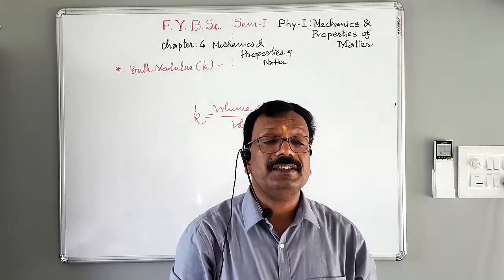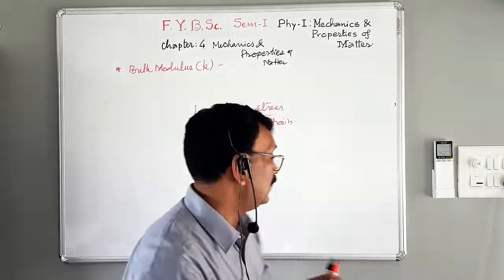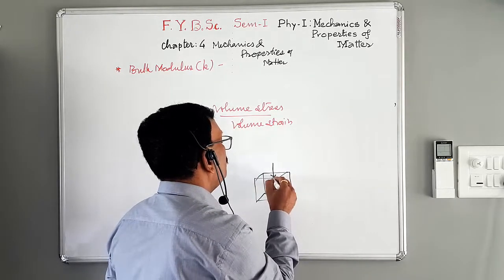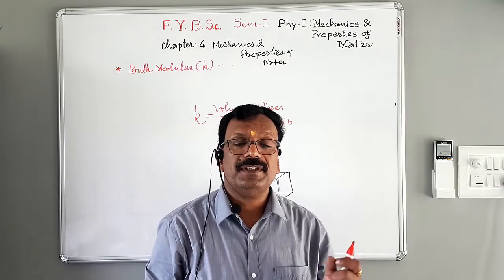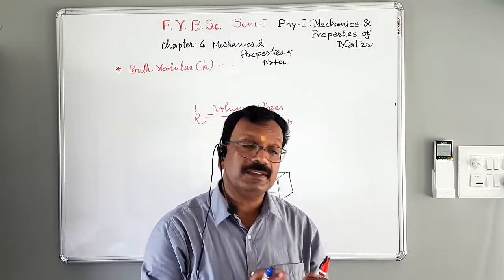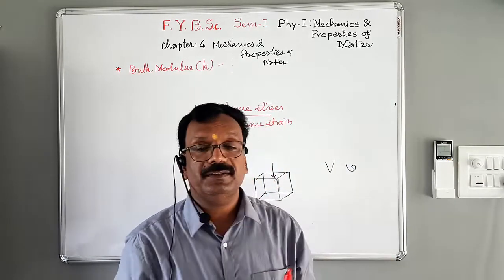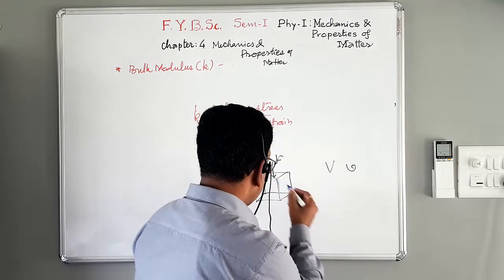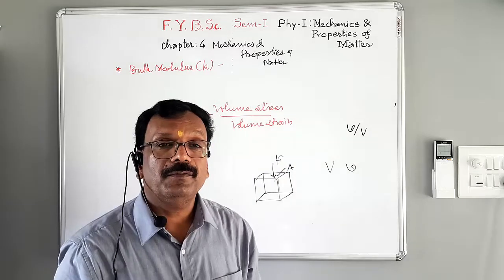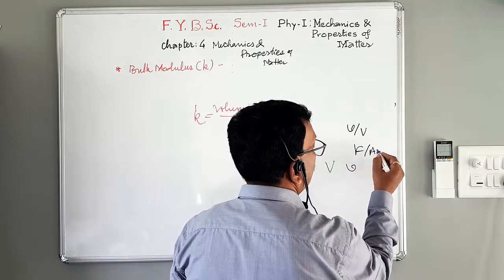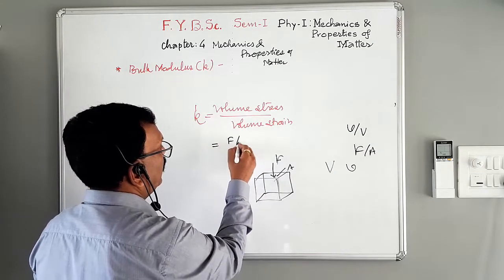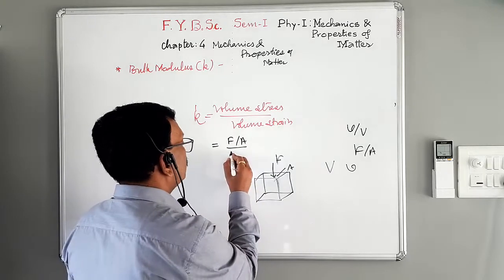When a deforming force is applied normally, that is perpendicularly, suppose this is a body, and on this body we apply the force normally, that is perpendicular to any face or to the surface of the body, its volume changes. Suppose the original volume is V and the change in volume is small v. Applied force is F and area of surface is A. Then change in volume per unit volume is nothing but volume strain, and applied force per unit area is nothing but volume stress, and therefore volume stress is F upon A, and volume strain is small v upon capital V,